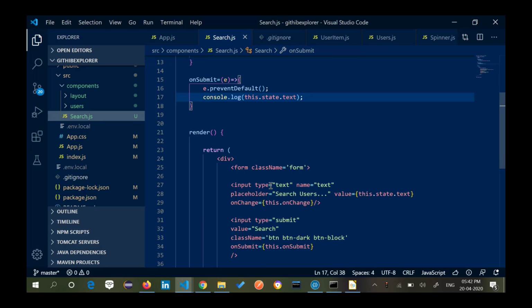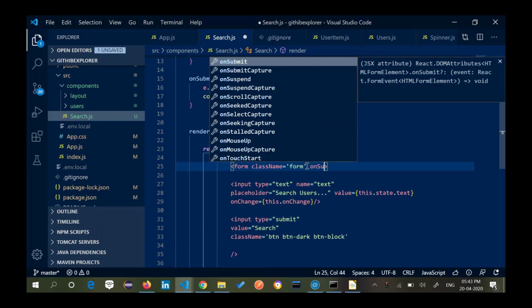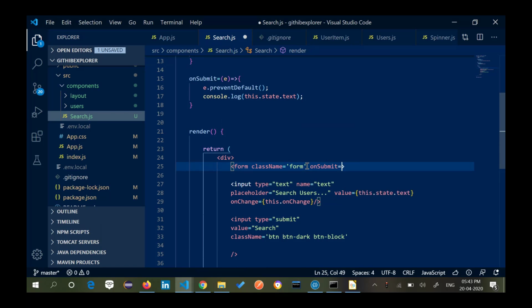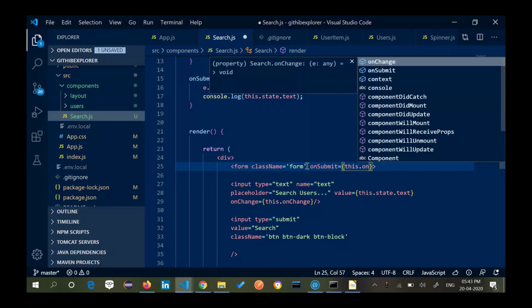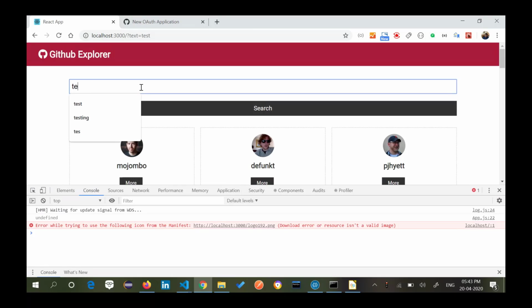Okay, this is basically a property of the form and not of the button. So on submit, I'll write this.onSubmit. You see test, I typed my own name, so I get it here.